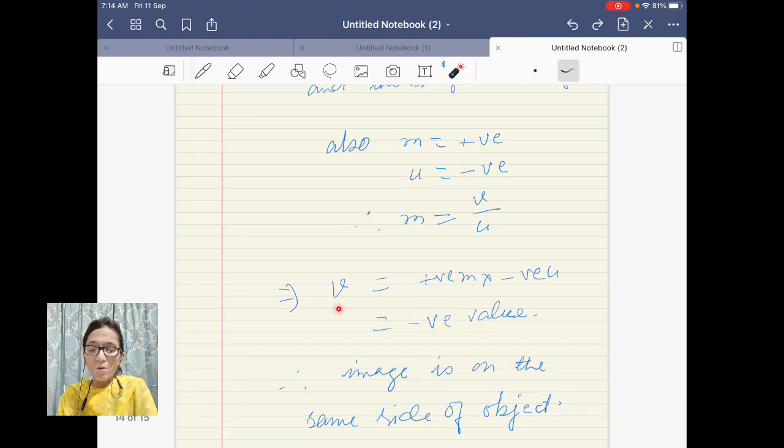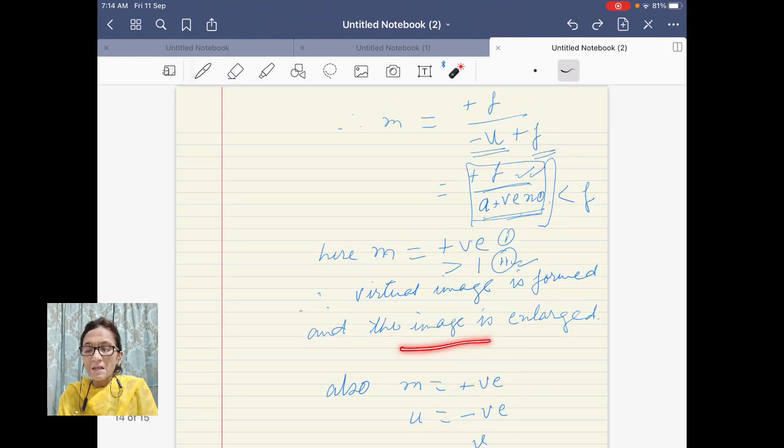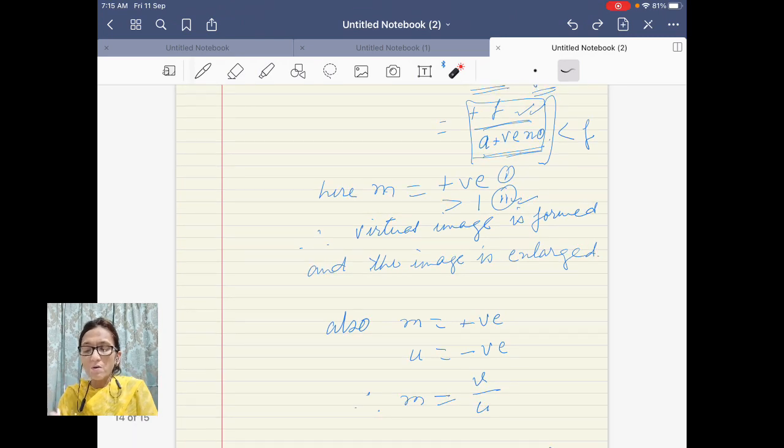So all the information regarding the image can be obtained. It is forming on the same side of the object, plus the image is enlarged as the denominator of this term is smaller than the focus. So you can see that the virtual image forming is enlarged. And why is it virtual? Because magnification has a positive value. It is not a negative value. So all the information about the image